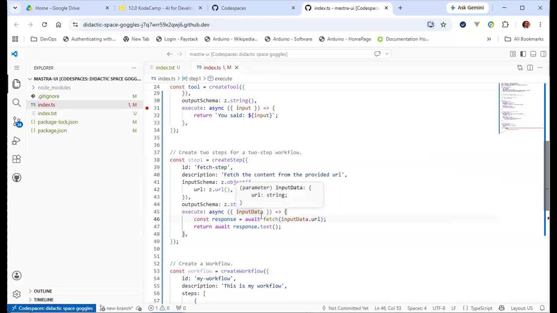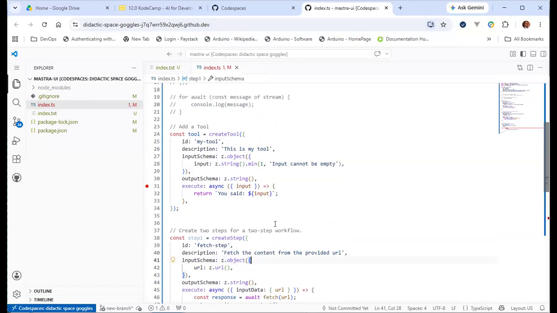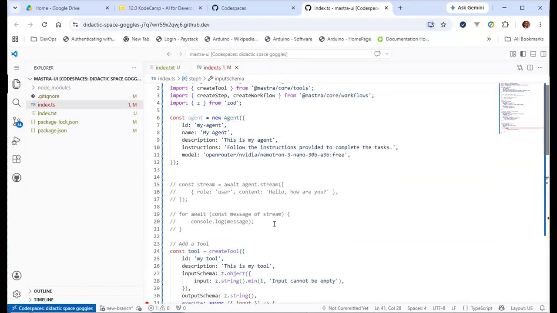Or if we wanted to destructure it properly, we would have done it something like this, and then you would have URL, and then we can use the URL. So when you want to destructure for create step, it's slightly different. You can see it's slightly different from how the input schema for a tool is, which is a direct correlation of this to this, or the input schema for an agent.